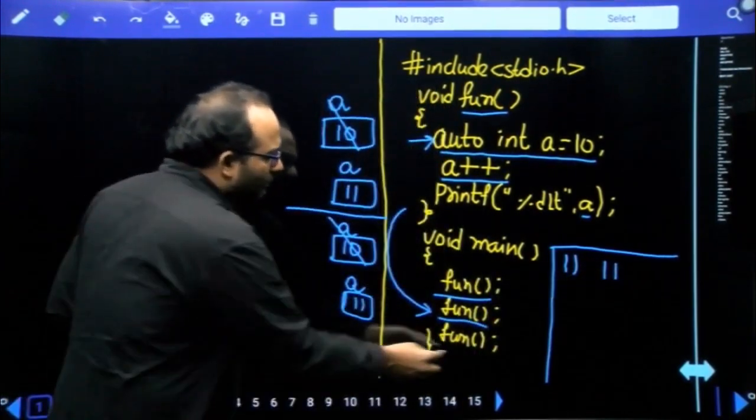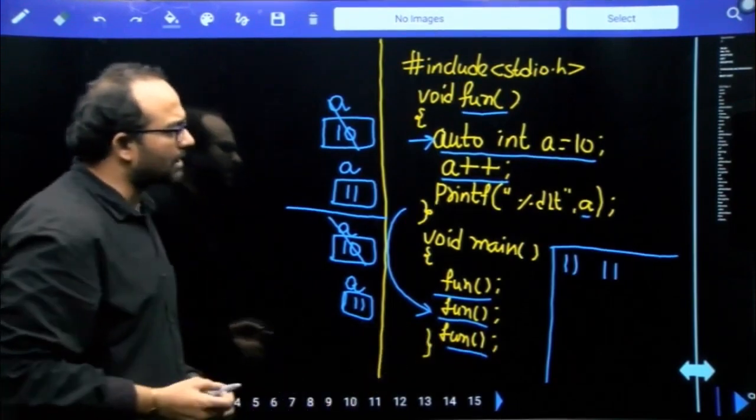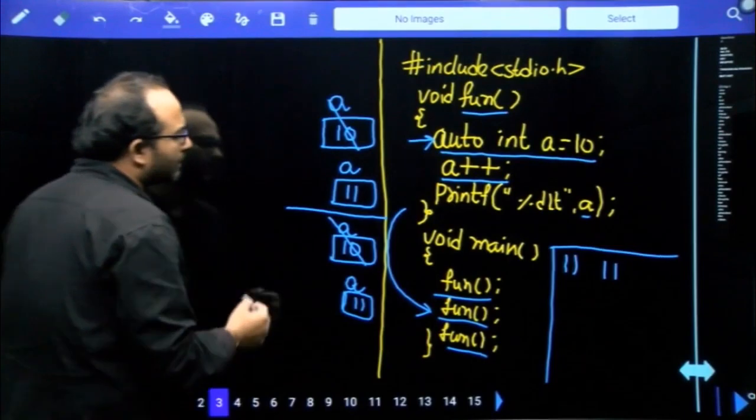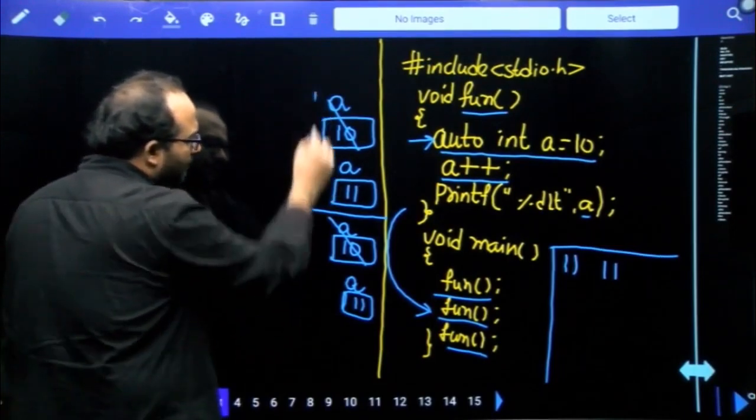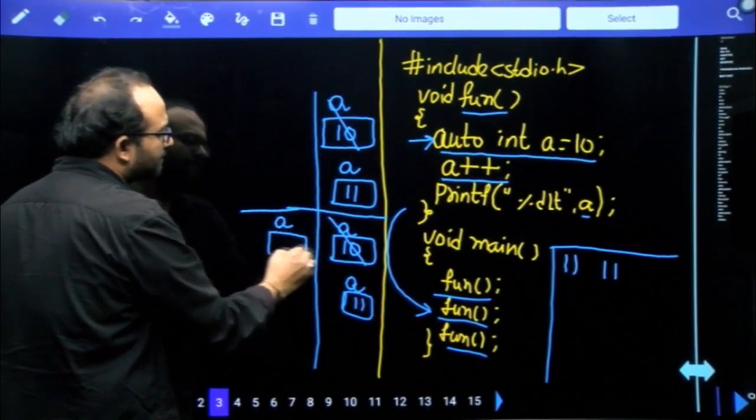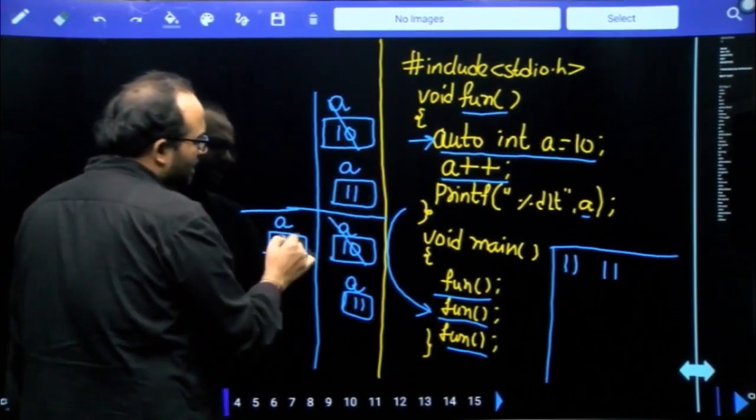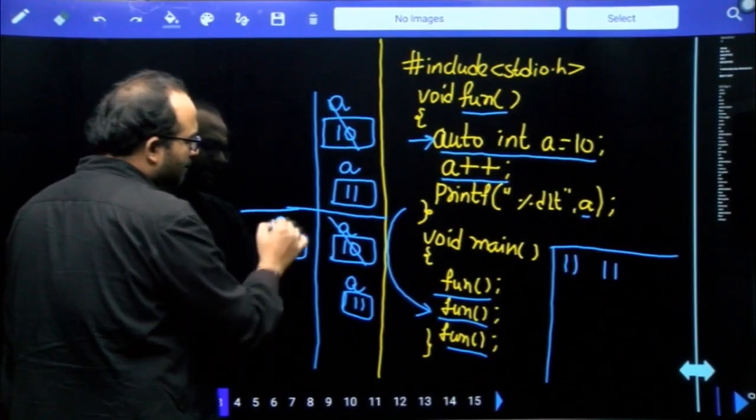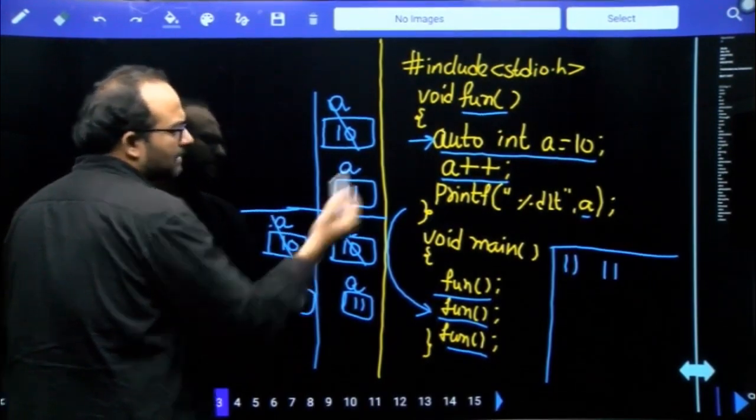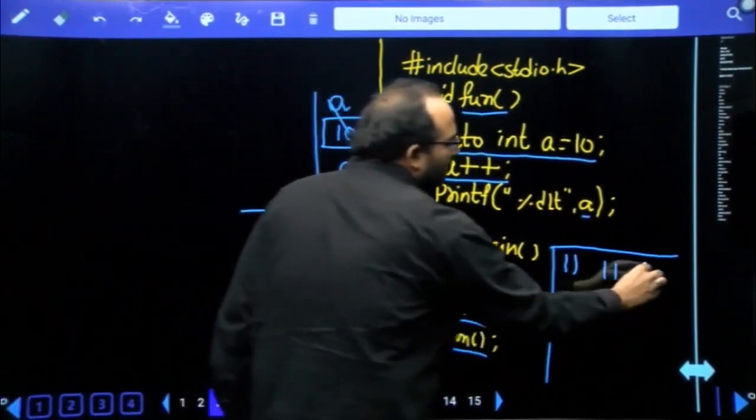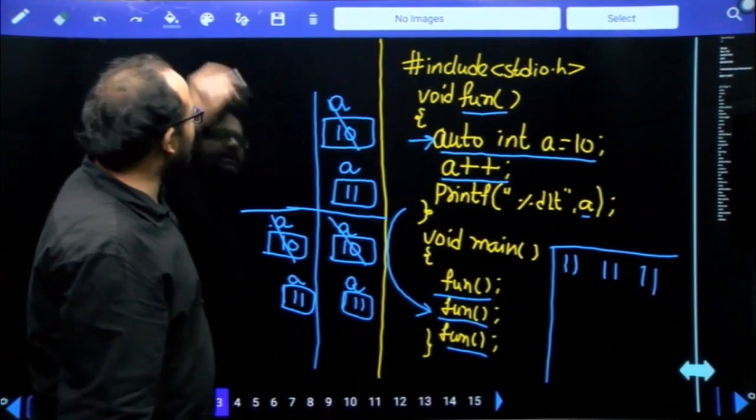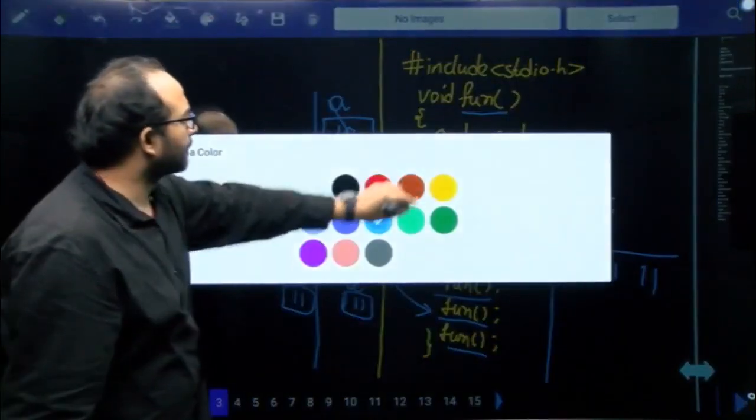Then control comes back to the main function and function fun is called. Now calling function fun, again it is going to create a new variable. For the third time you can see it is creating a new variable a, and its value is initialized to 10. A plus plus, so the a value will be updated to how much? 11. And printing a again gives 11. So you can clearly see here